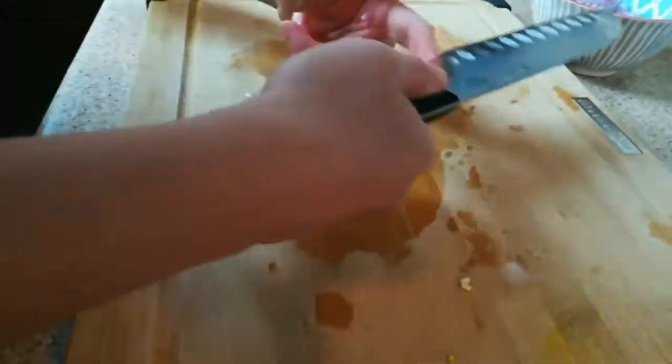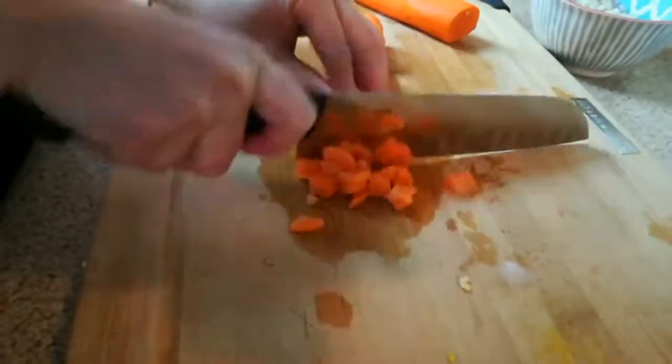Now, I don't know if garlic is typically traditional in a fried rice, but I just love it because it's super nutrient dense and it just adds a lot of flavor. And you're going to put this into the same bowl as your onion, and then you're going to chop up your